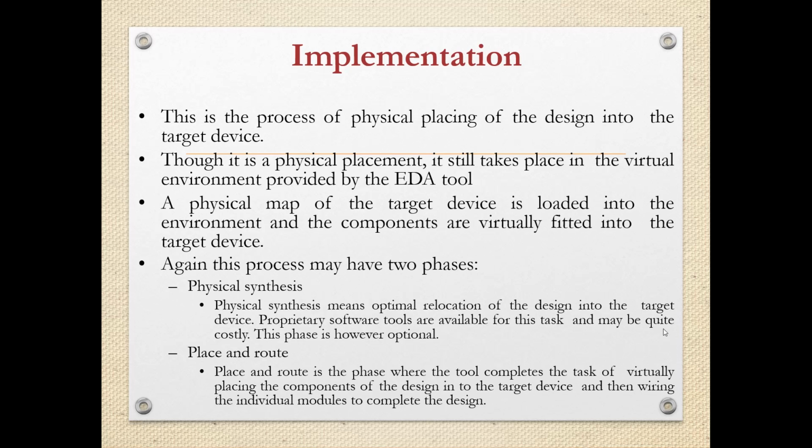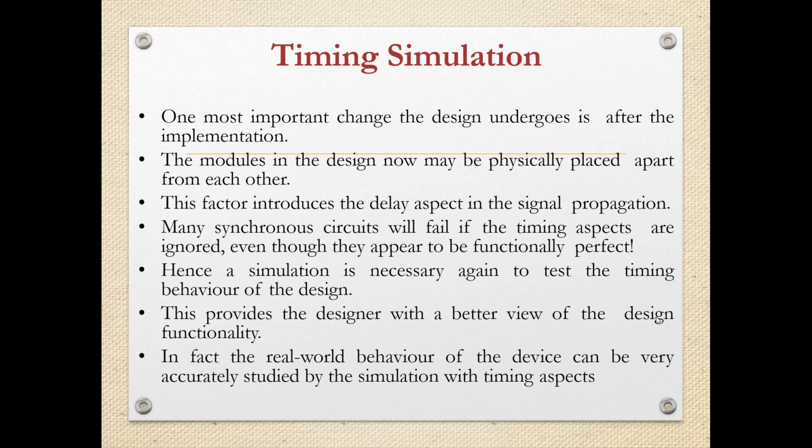Place and route is the phase where the tool completes the task of virtually placing the components of the design into the target device and then wiring the individual modules to complete the design. And then once this is done in a virtual environment, the timing simulation is performed. So the most important change the design undergoes is after the implementation. The modules